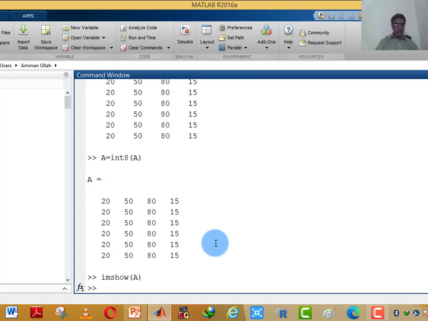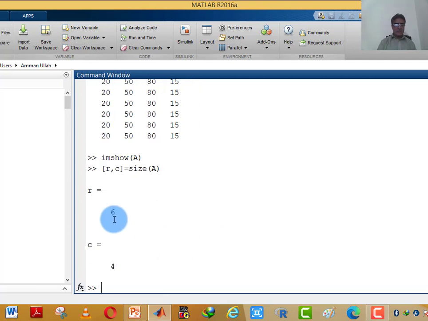Let's suppose I want to store rows in variable R and columns in variable C. Then I assign R and C a value using the size command, size of A. MATLAB will store the number of rows in R and the number of columns in C. When I press enter, you may see it here: R is equal to 6 and C is equal to 4.